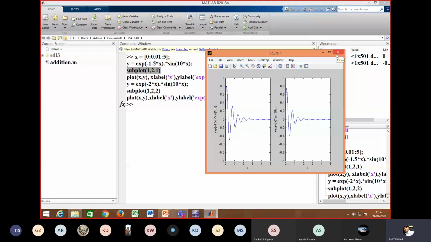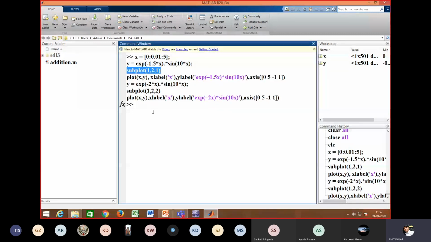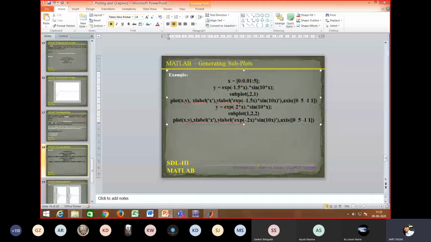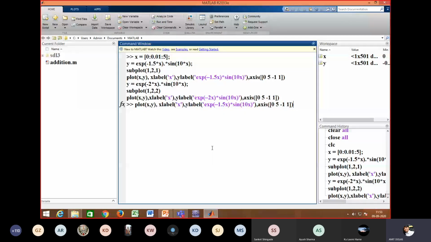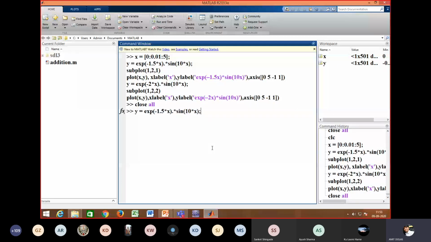So here you may have more number of plots. Let's go for one small modification. What I will do, I will say that I need 2 rows and 2 columns, and I will copy this and paste into MATLAB, and let's see what happened.